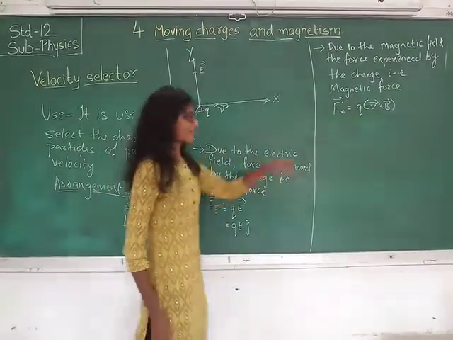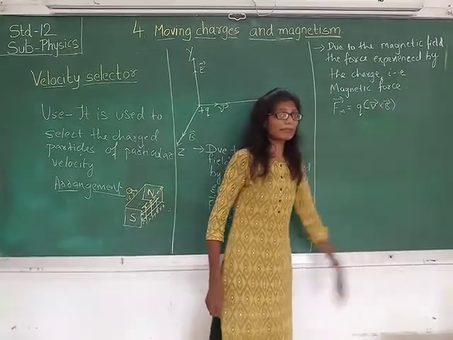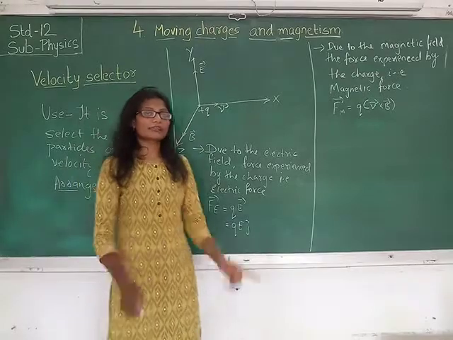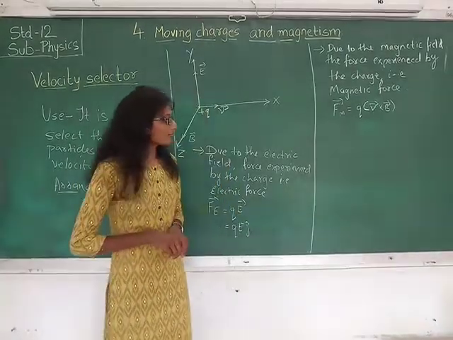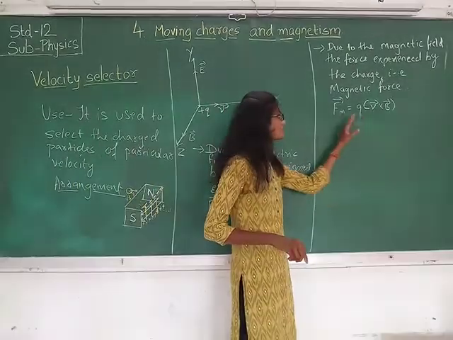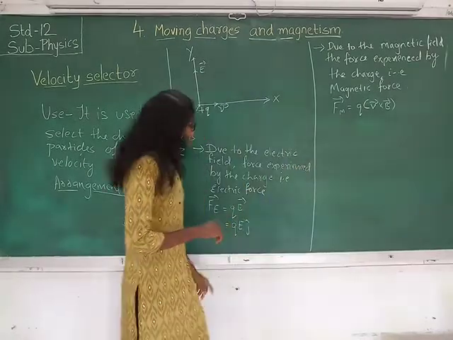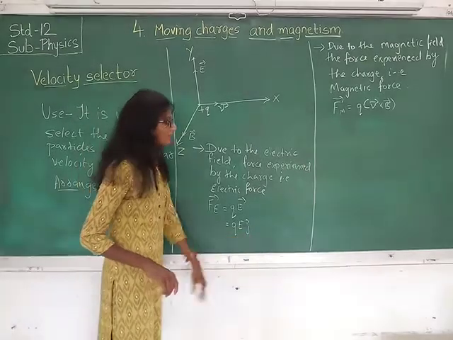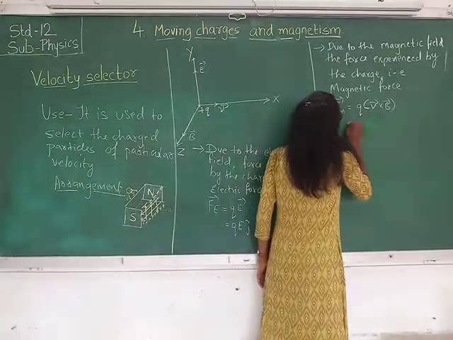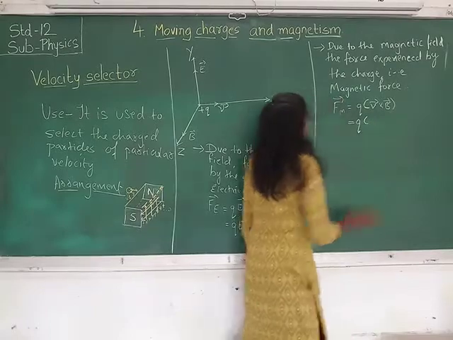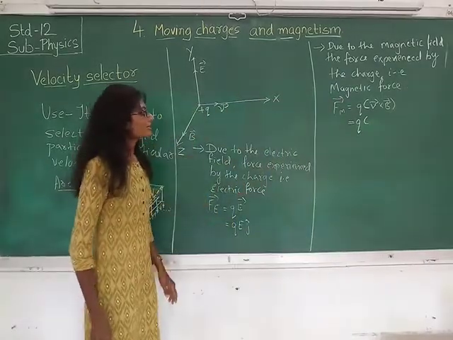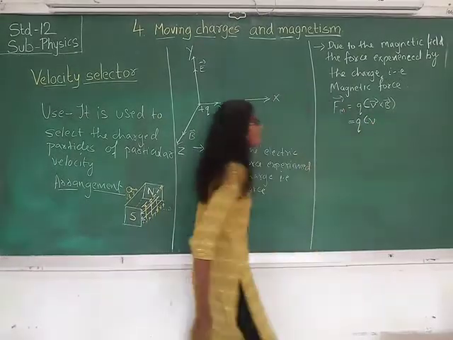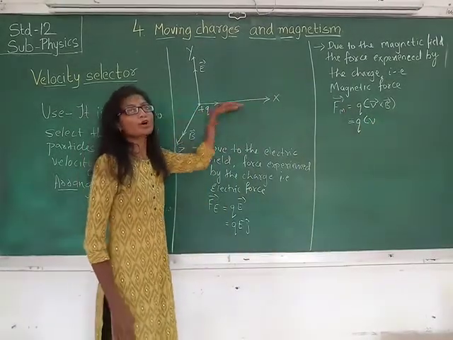And theta is the angle between the velocity and the magnetic field, and you can see the velocity and the magnetic field both are having a 90-degree angle between them. So you can simply write it as F_m is equals to qvB. But here we have written it in the form of unit vector, that is j cap. So here also we will be resolving that. That is q. Now see, v vector can be written as what? v, that is its value, and its direction is along positive x-axis.